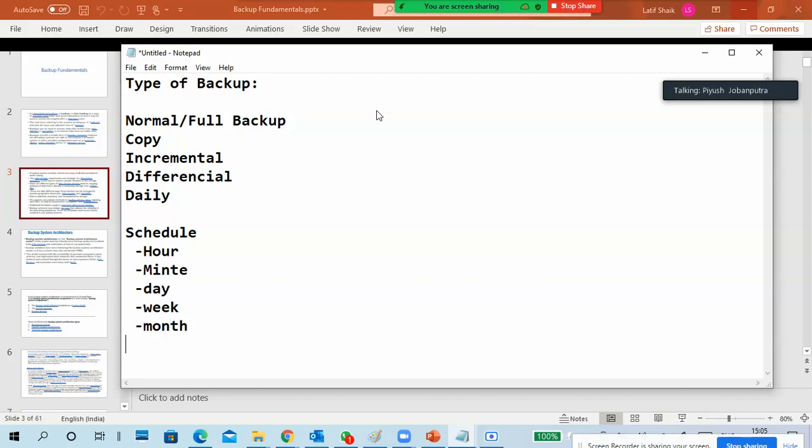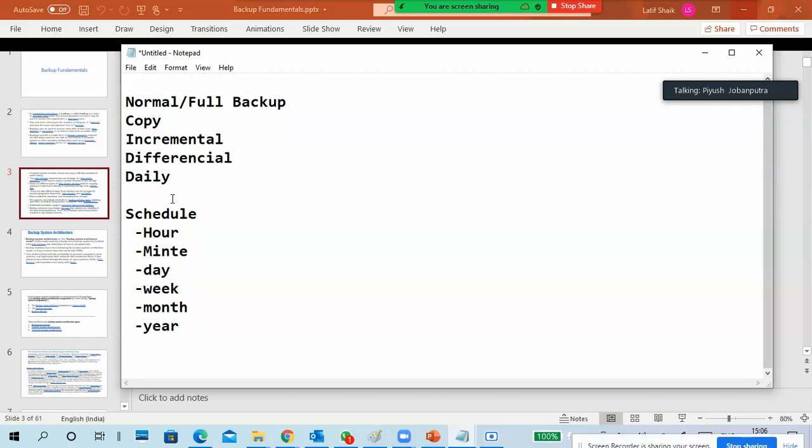month, every particular month. Okay, or a particular day in the month or a particular week in the month, like a Friday, Saturday, or maybe a Monday, like that. So week we can take it. So month, every month, particular day in the month, or maybe yearly, year wise means every year April, like that we are able to take the backup. So that is what we can schedule. In the scheduling we have to combine one option with another option also.